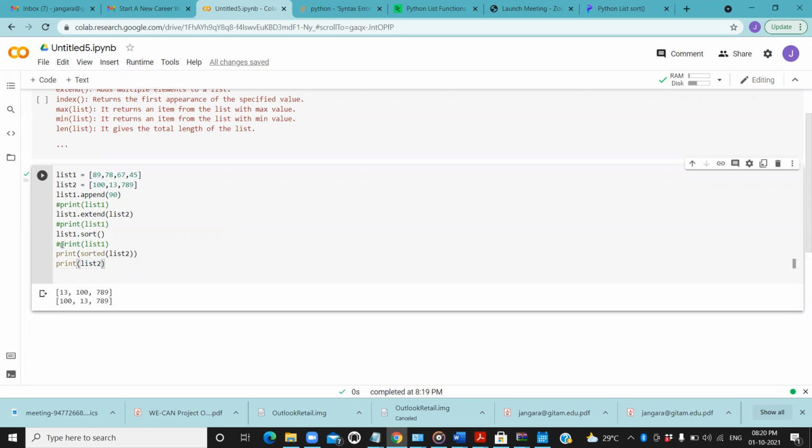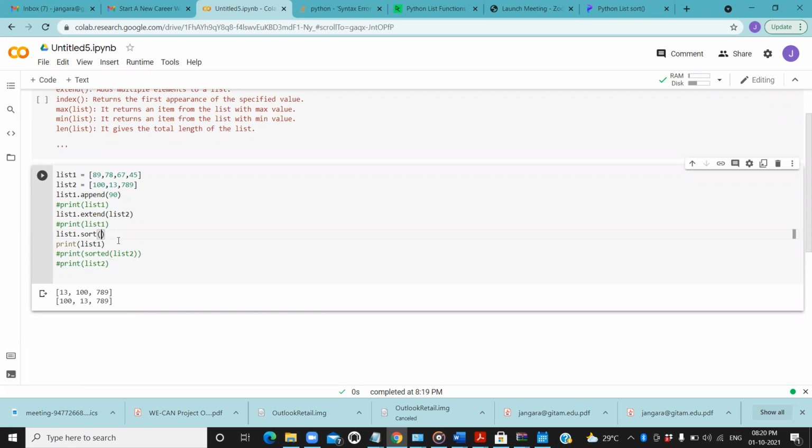However, if you want to display in descending order, let us see how it happens. list1 dot sort. If I give it like this, I think you observed the list is getting arranged in ascending order.